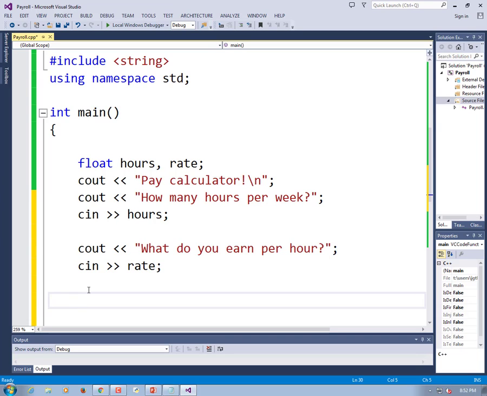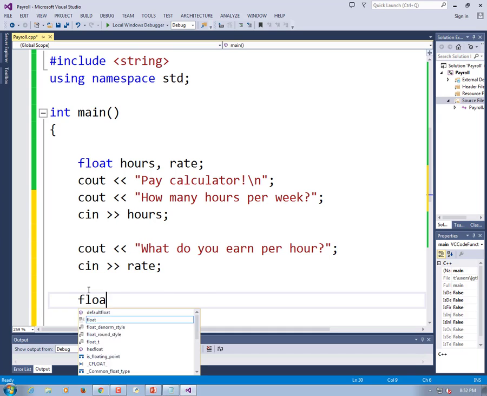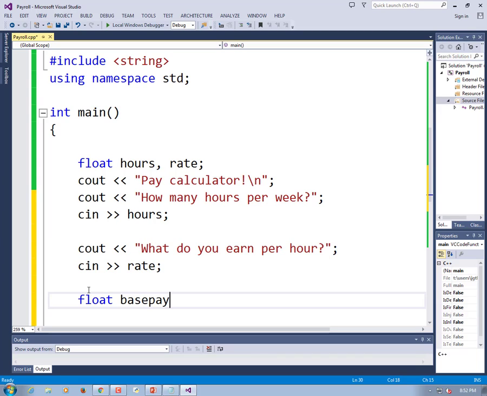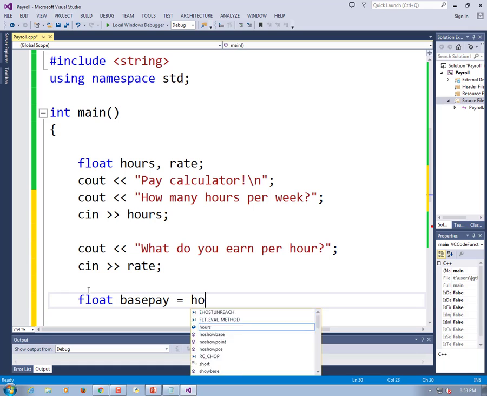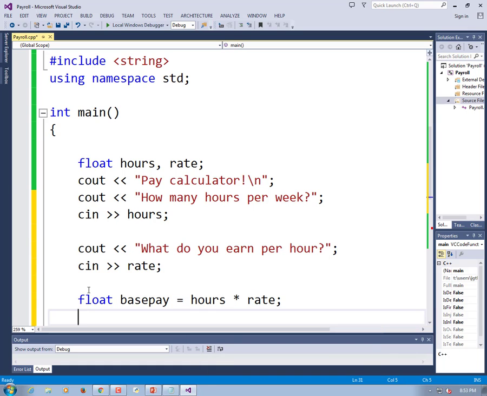So now we need two more variables, or three maybe. A base pay, a bonus, or an overtime bonus, and an overtime hours maybe. There's always more than one way of doing this, and then a total pay. So let's define a base pay,